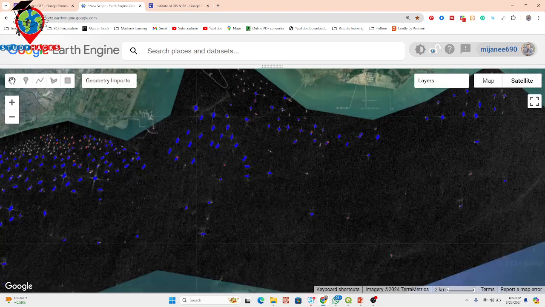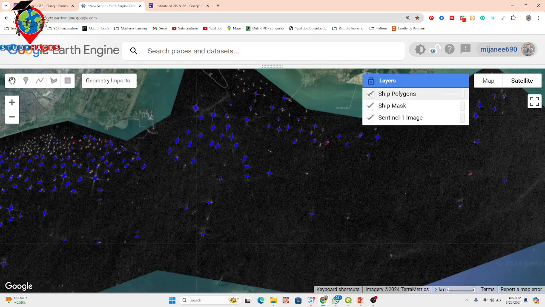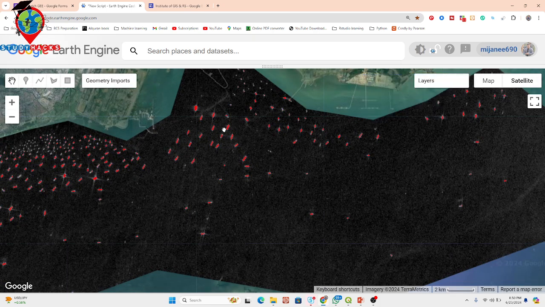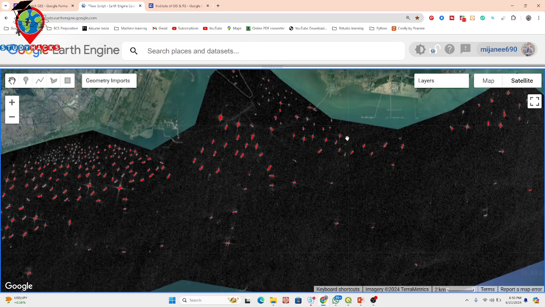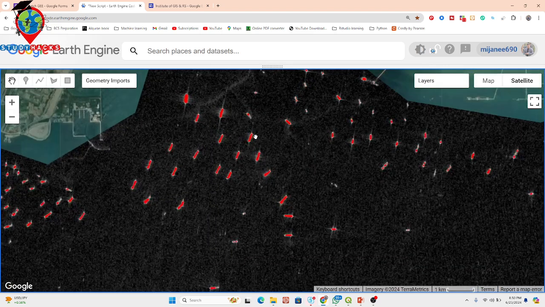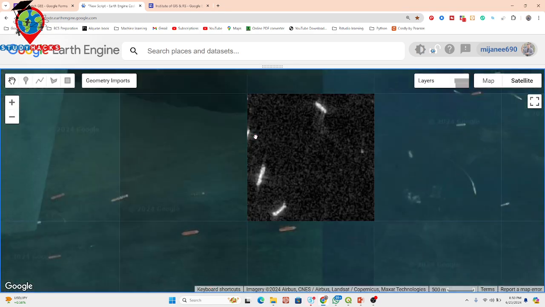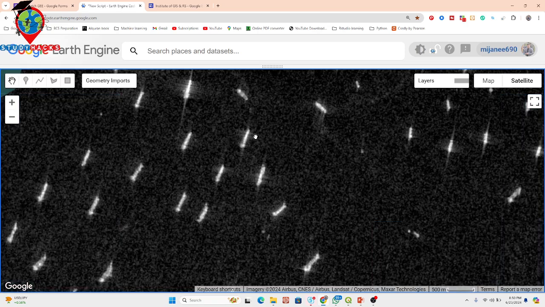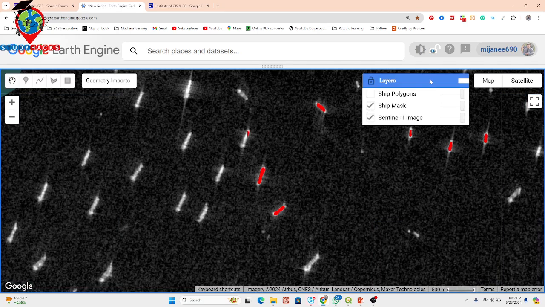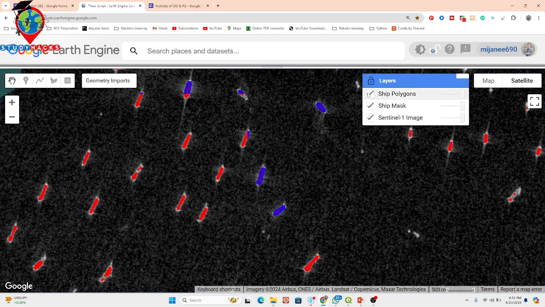Okay, we can get this type of binary mask here. You can see, we are using the red color. In this case, this red color identifies the ships. And further, it's a raster imagery. So this raster imagery we convert to polygons because we want to calculate the total number of ships. For that, just use the raster to vector conversion here,